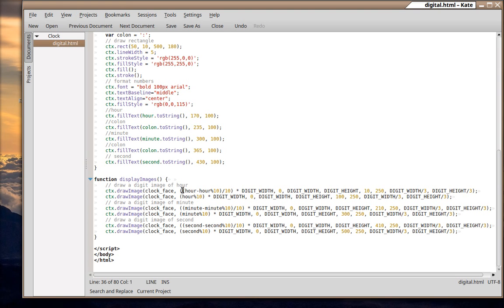So this first part, we're going to do the hour. So hour, whatever the value of the hour is, put that in, times the width of the digit, 263, in that position. So it picks up that section of the image, so it might be picking up the 5 or the 10 or the 6 or the 9, whatever. This will tell you which one it's picking up. Okay, this will tell you how big it has to be,